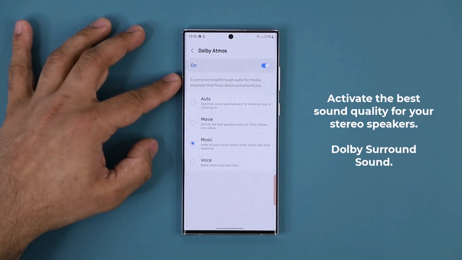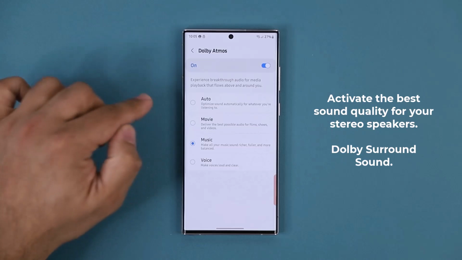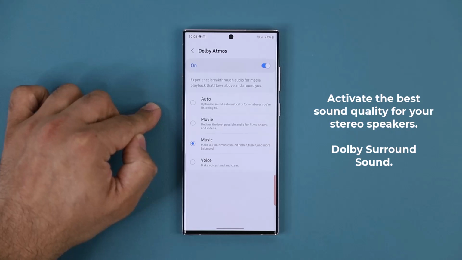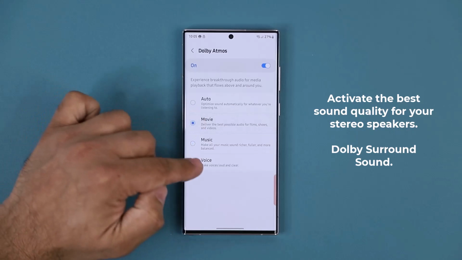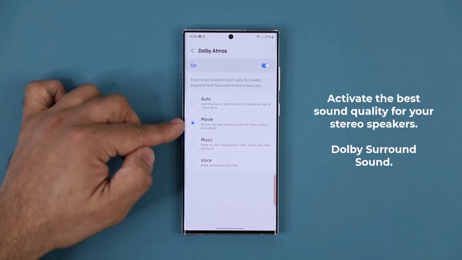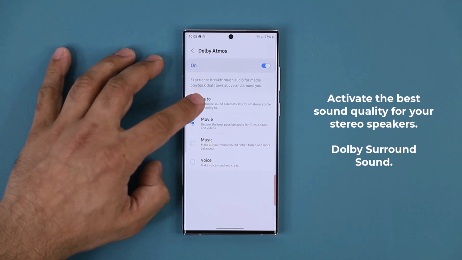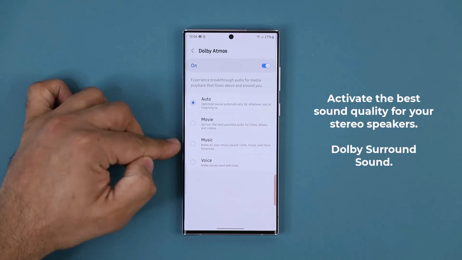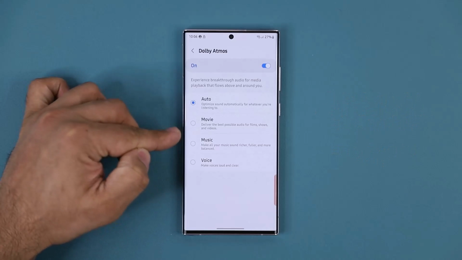So if you want to use the Dolby Atmos experience, which gives you a surround sound-like experience on your phone, you can enable this setting. Again, it's going to be great for watching movies and even playing games. So from here, you can pick exactly where you want this to apply to, or if you want it to apply to all three settings, you can choose auto and the phone will pick it for you and enable Dolby Atmos as you are doing one of these things: voice, music, movie,